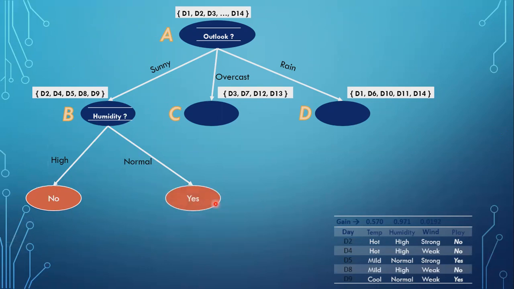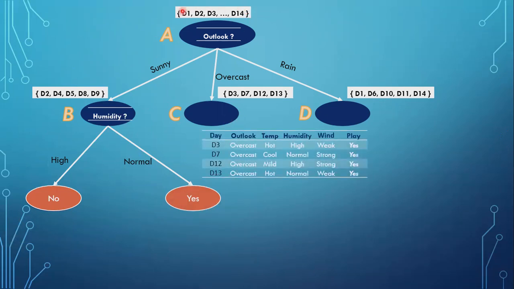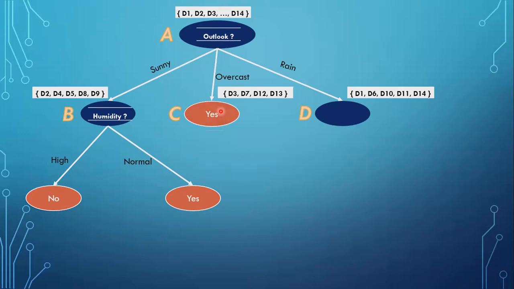Now, moving forward to the overcast, when we have selected all the records whose outlook is equal to overcast, we are left with this data set. Here we will see as well that the label belongs to only one class. This is actually the stopping criteria. So we will take this label and put it here. So now we are done with this leaf node as well. Moving forward, we are left with the D only. So we have completely drawn the tree.